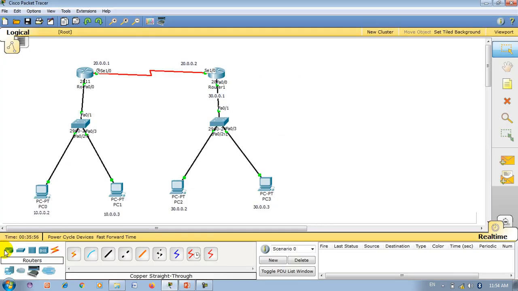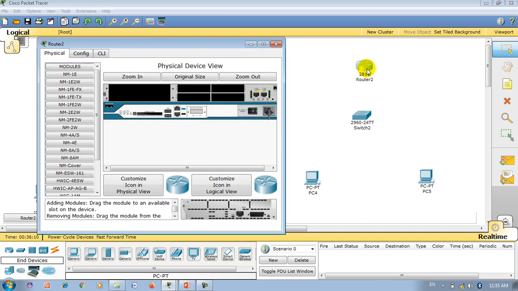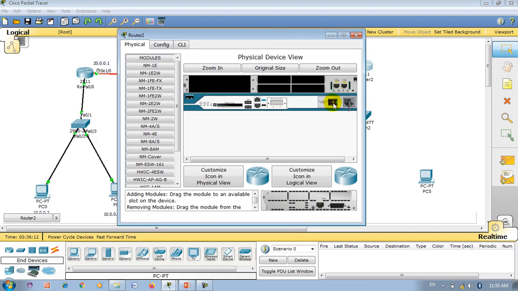So let me add the new router over here. Let me take the switch as well.